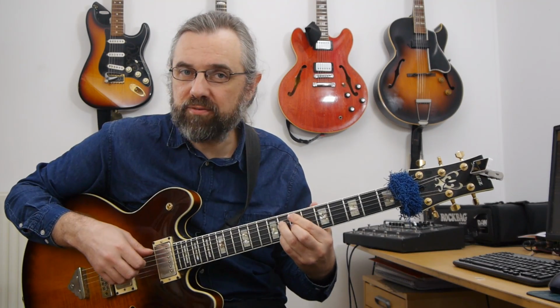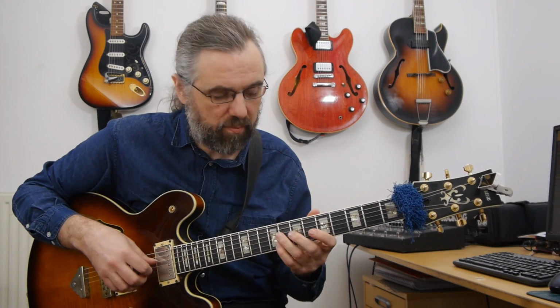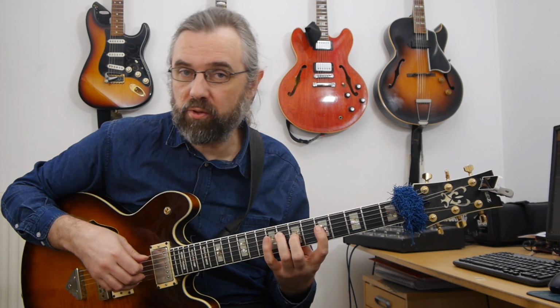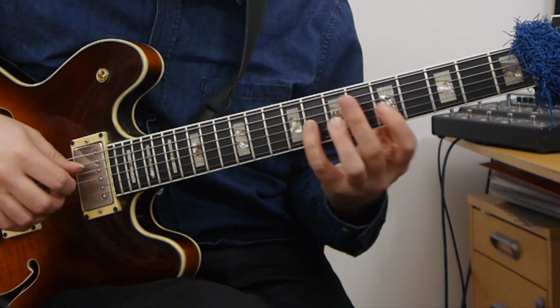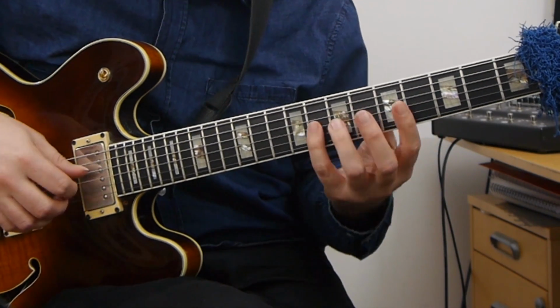But you also don't have to really limit yourself to drop 2 voicings. Your approach is now just like, what works? What can I find? And maybe you know this one, actually this would be a good half diminished voicing. I can use that. How is it going to fit with what I'm playing? So